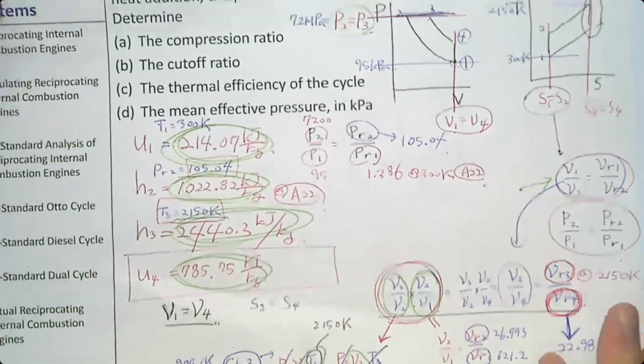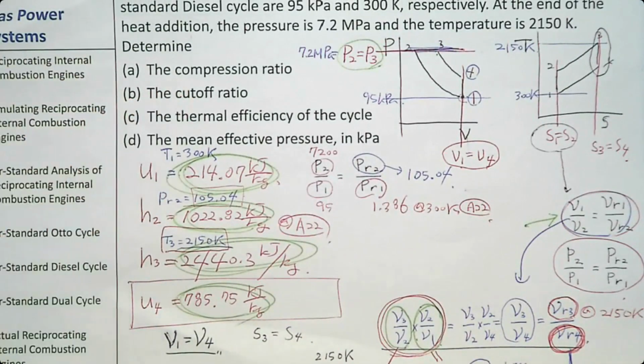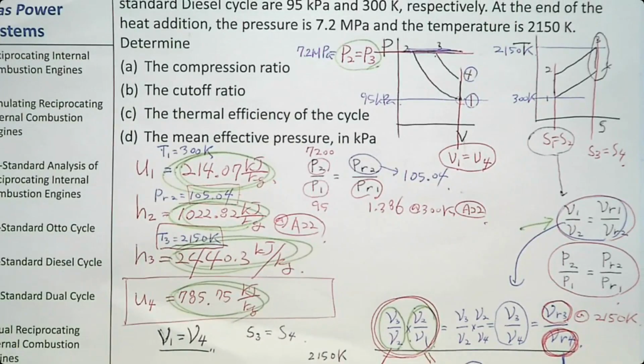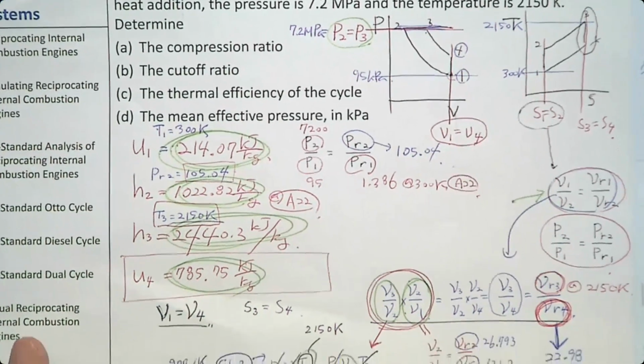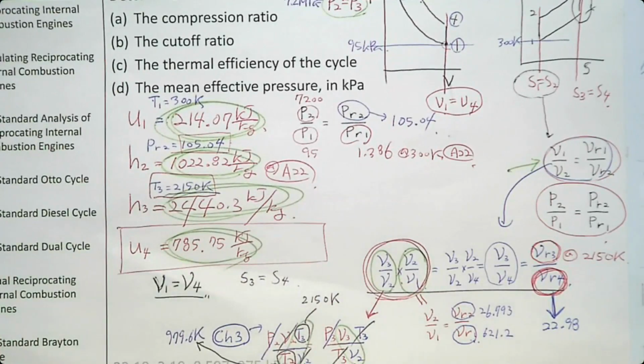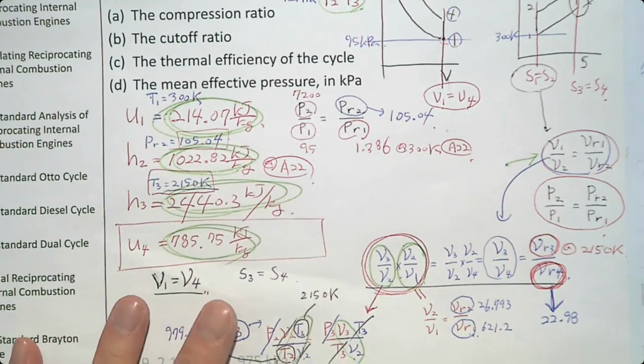So let's go calculate the compression ratio. How do we determine compression ratio? The compression ratio is the ratio between the bottom dead center and the top dead center. So V1 divided by V2. And we already know V1 divided by V2 from where? From here. V2 over V1. So the other way. So V1 divided by V2 is